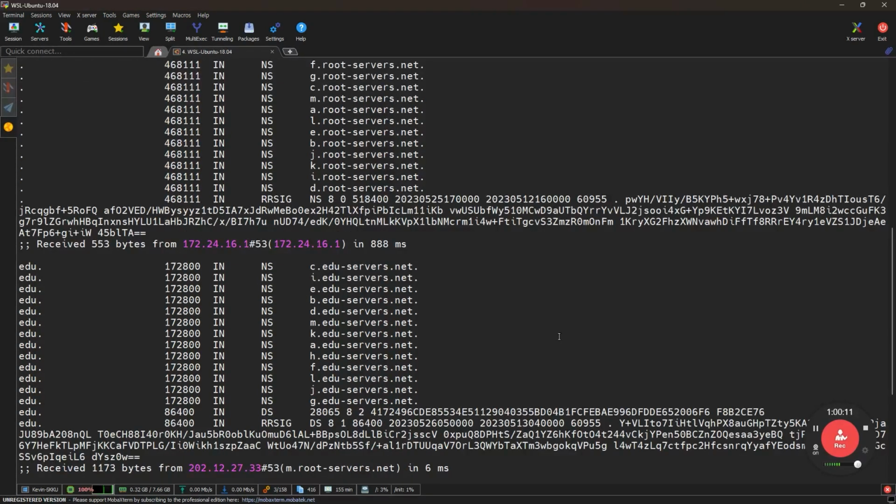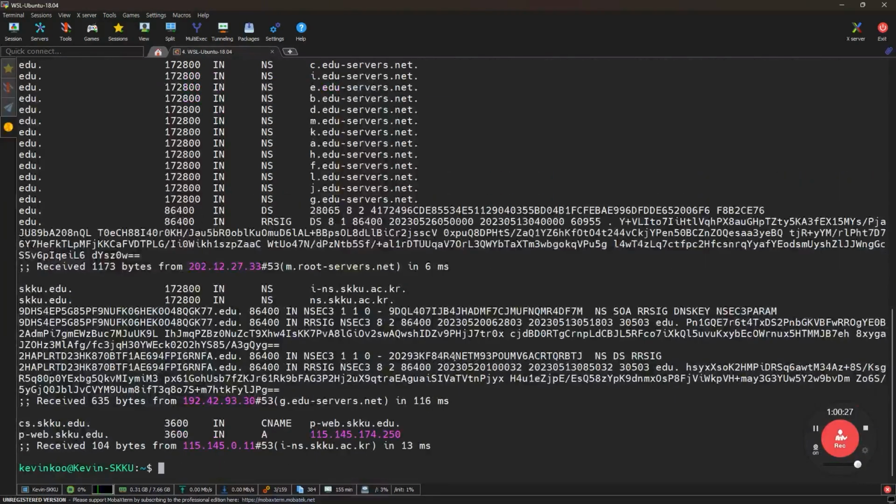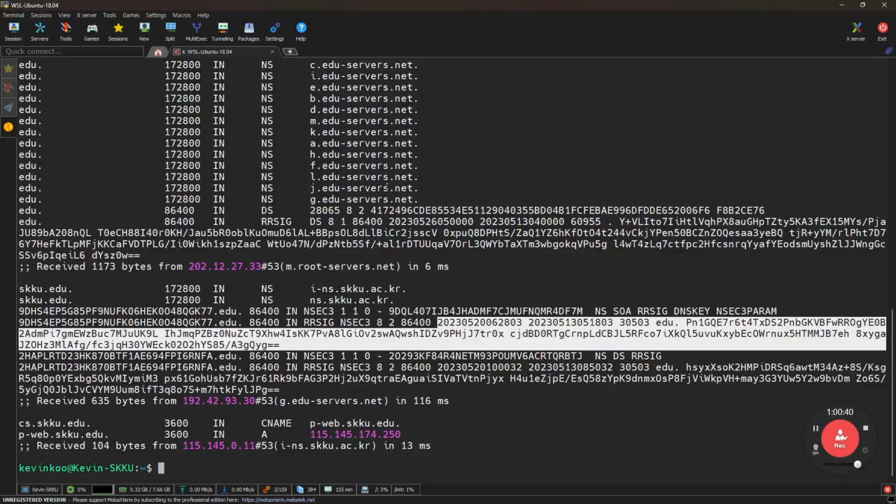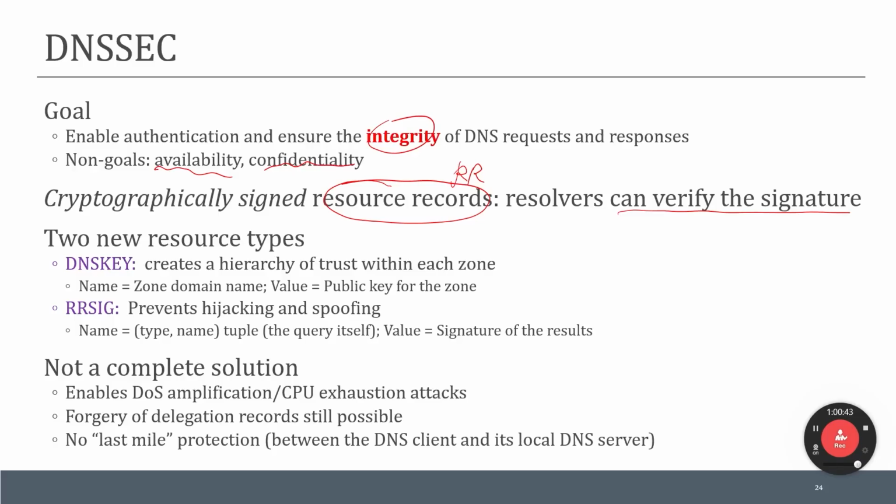So when this server receives this message, this message has been signed by the root server, and the edu servers can verify this message with the public key of the root server. And the name server of SKKU actually receives this DNSSEC message, and this message can be verified with the edu server's public key.